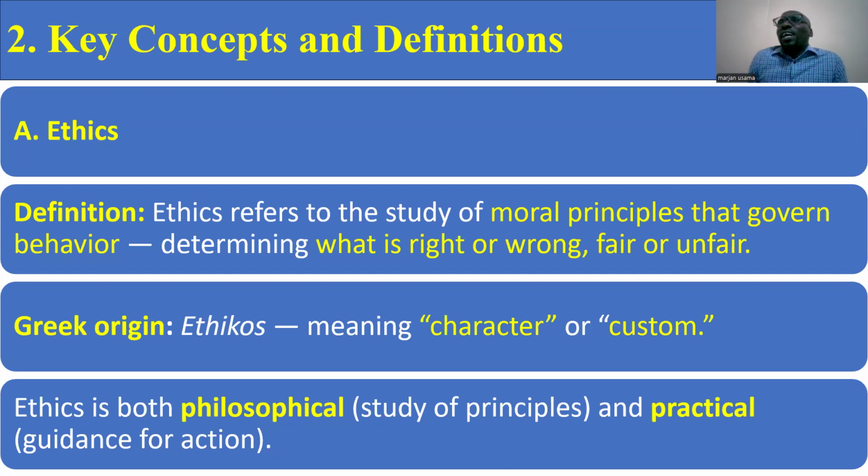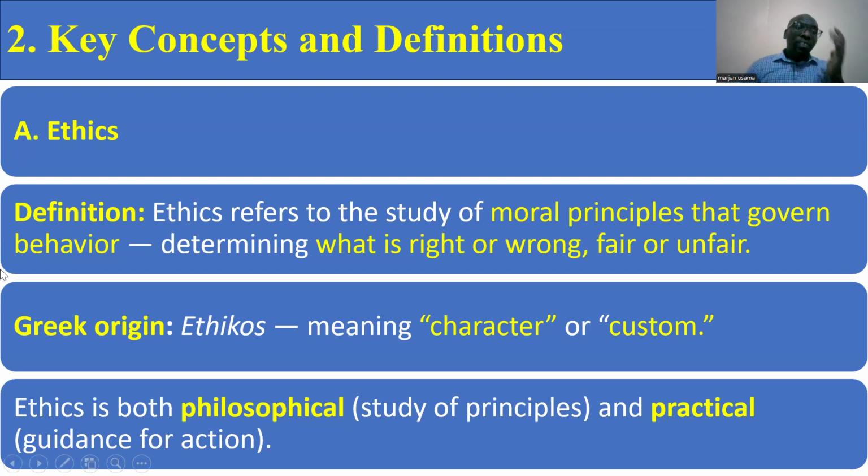So basically, when you're talking about ethics, we are talking about there is a code of ethics. There are moral principles. So this mabadi is what helps us to determine this is right, this is wrong. This is fair, this is unfair. You know? And of course, in Islam, our ethics is very clear. Our ethics are derived from the Quran and Sunnah. So what the Quran says is halal, we have to follow. What the Quran says is haram, we need to avoid it. You know, so in Islam, the Quran and the Hadith is what guides our tasarrufat.